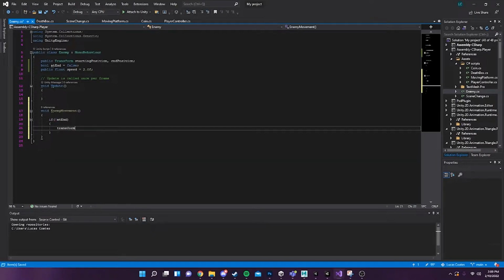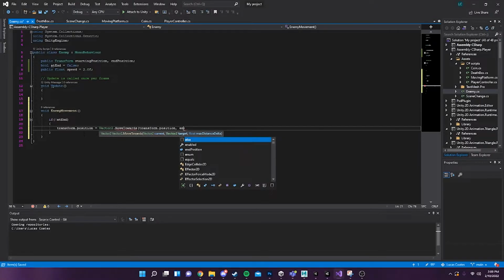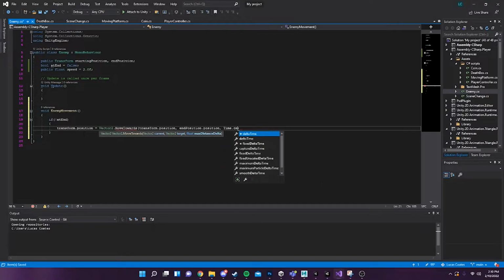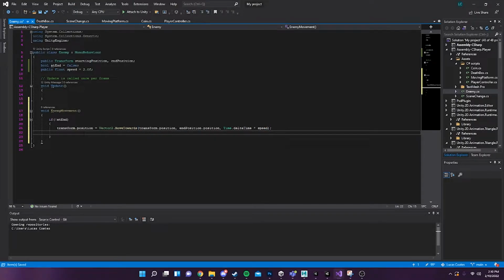Then we're going to do transform.position equals Vector2.MoveTowards, transform.position and the end position.position, Time.deltaTime times speed. Yeah, this is exactly the same code